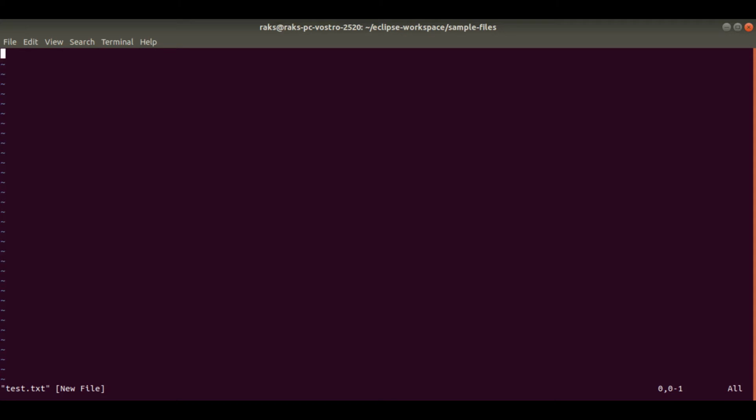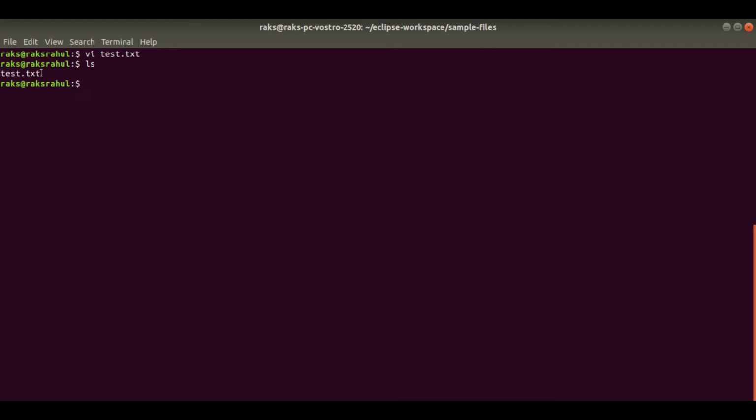It will create a new file, you can see, and it is asking us to put some text here. Let's say, test text. We have put something in it, so you can see it has created this new file with the name test.txt.